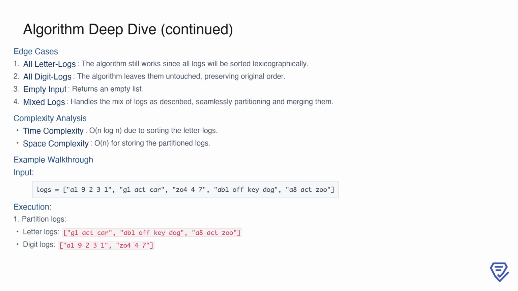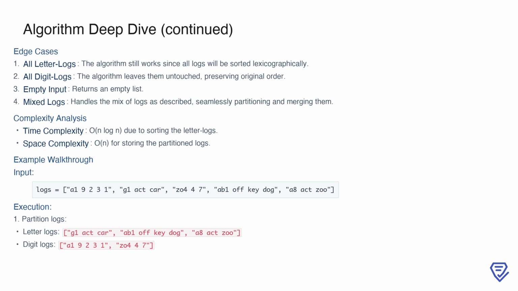When considering edge cases, the algorithm remains robust and handles various scenarios effectively. For example, if all logs are letter logs, the algorithm simply sorts them lexicographically. If all logs are digit logs, they are returned in their original order, as no sorting is applied to digit logs. For an empty input, the algorithm correctly returns an empty list. In cases with a mix of letter logs and digit logs, the partitioning step ensures that each type of log